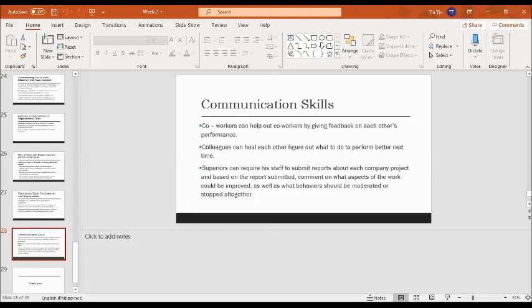Okay, colleagues can help each other figure out what to do to perform better next. Superiors can require his staff to submit reports about each company project, and based on the report submitted, comment on what aspect of their work could be improved, as well as what behavior should be moderated or stopped together. Okay? So that's basically class, yung kailangan natin for us to be able to develop our negotiation skills. So,